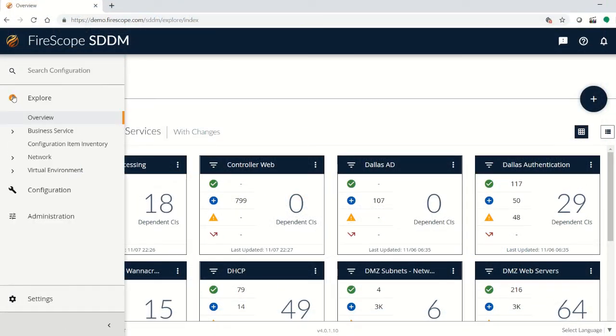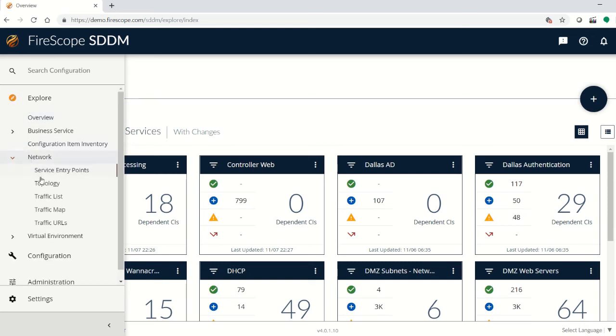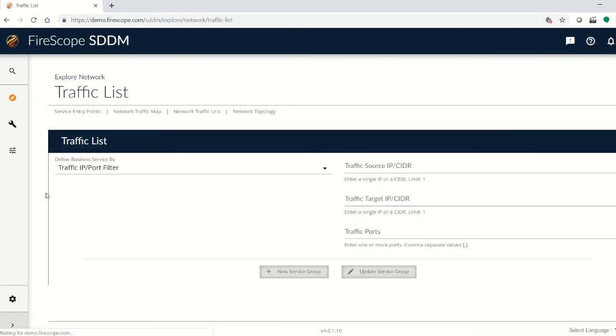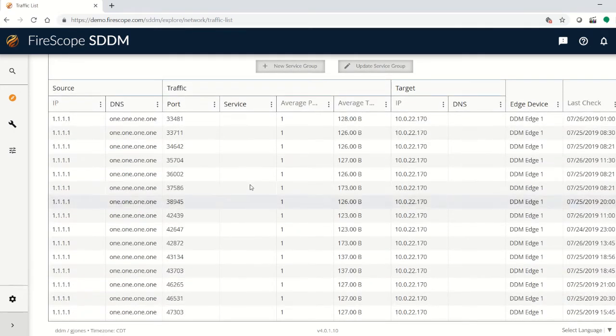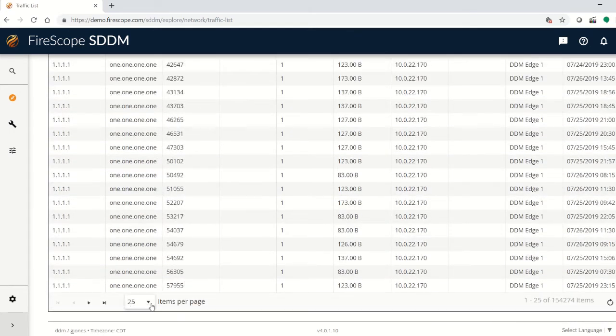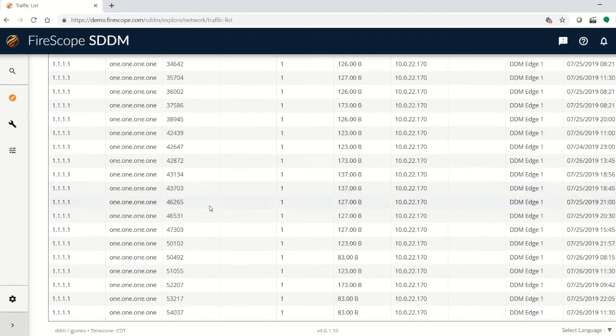Now we're ready to get back into the application and see what that traffic looks like and how you can get it into a usable service model. Let's go take a look at the traffic list. Once your edge device is set up, it passively listens to all the flows that are sent to it. Here in the traffic list, we see what amounts to a flow database. So let's expand this out a little bit, and you can see that we've got a lot of things that